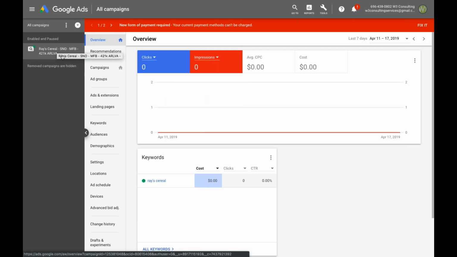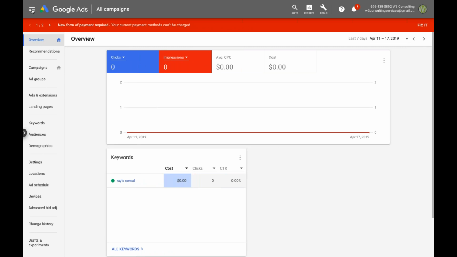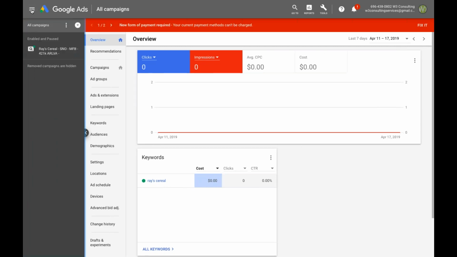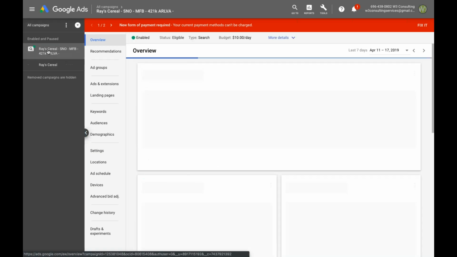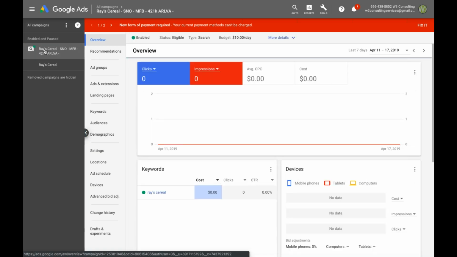But either way, you have your left-hand side panel. They've tried to create the interface to be very similar to all of the other Google marketing platform products. So it looks akin to Google Analytics or any of the other tools that you might be familiar with. You have the hamburger bar button, which opens and closes the left-hand navigation where all of your campaigns will be listed. So if you have a campaign, I just have this one sample campaign here, and you can see that